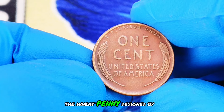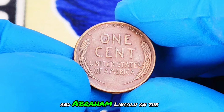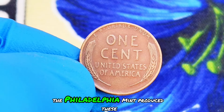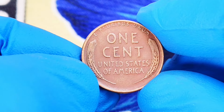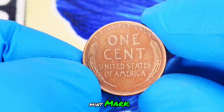The wheat penny, designed by Victor David Brenner, features the iconic wheat ears on the reverse and Abraham Lincoln on the obverse. For the 1946 issue, the Philadelphia Mint produced these coins without a mint mark, making them relatively straightforward compared to other years. Now, let's focus on the 1946 wheat penny without a mint mark in its color shade